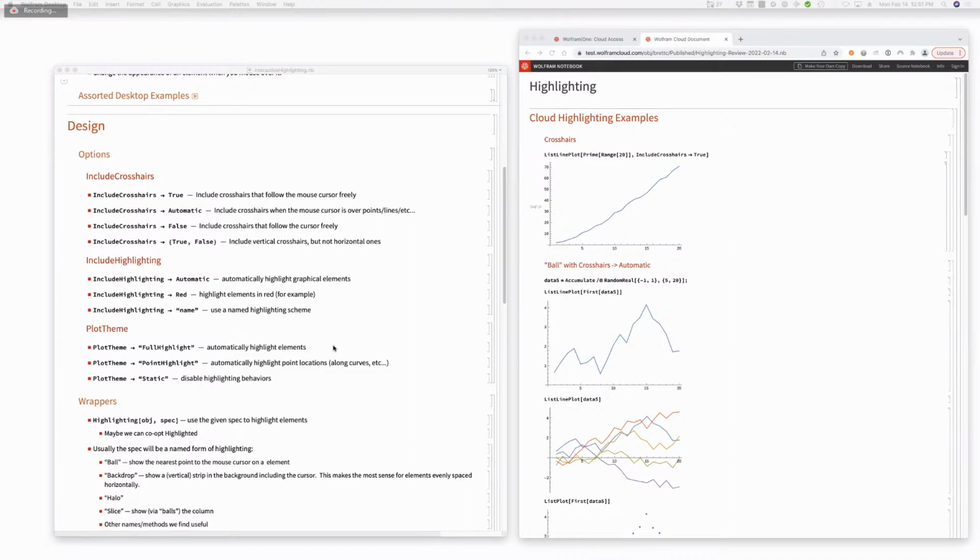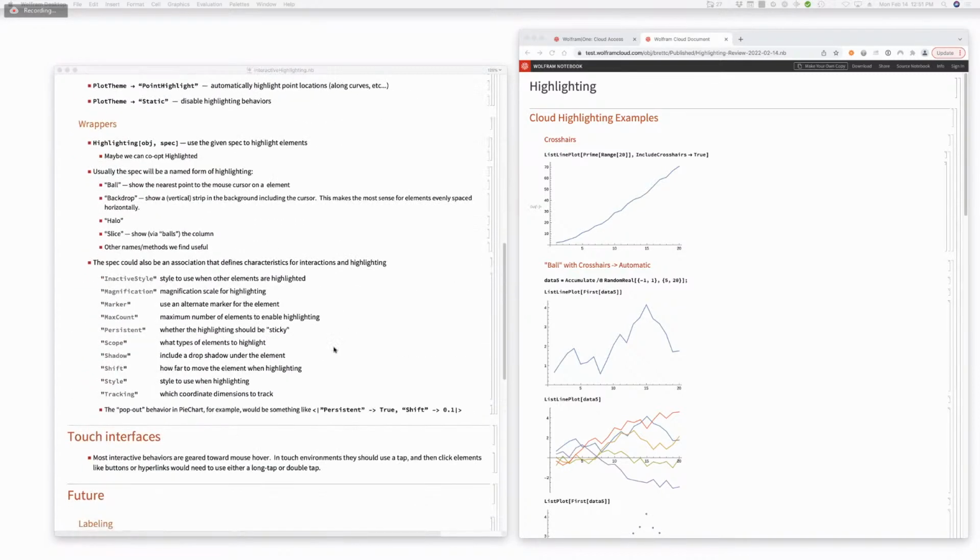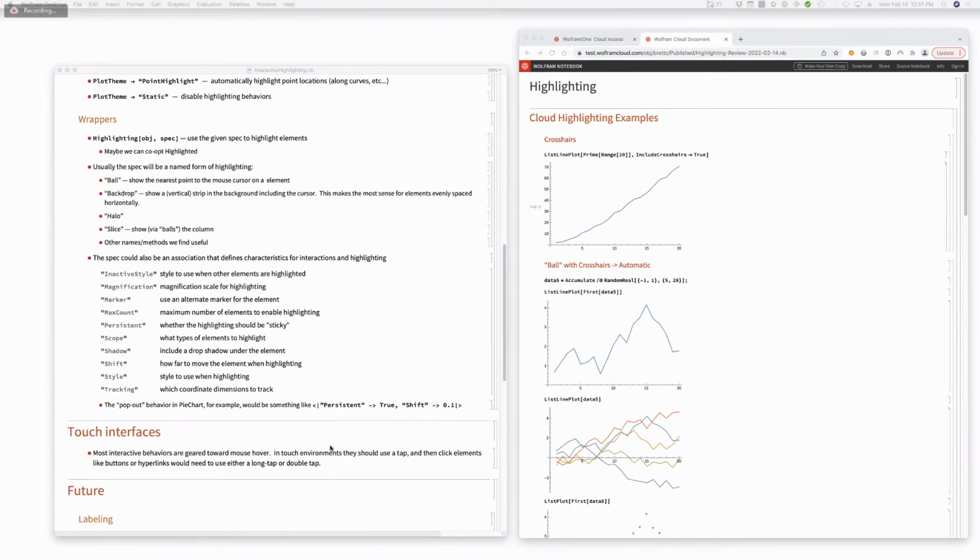As I was saying, the option value and the payload for the wrapper are essentially the same, possibly exactly the same. If you scroll down a little bit more, there's a longer table,